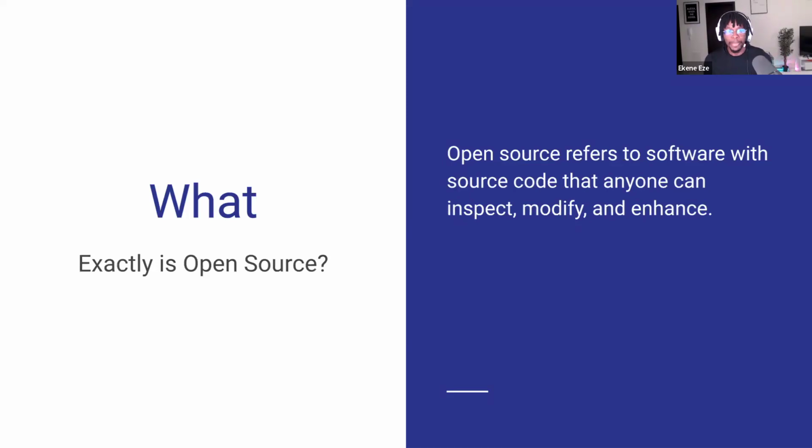What really is it? But at a very high level, if you build a software program today, or you build your website, or it could be really any software whatsoever, and you open source the code by pushing it to GitHub as a public repository with the requirement of a README and contributing guide. Once you check all of those boxes, that project is open source and people can start collaborating with you on it.